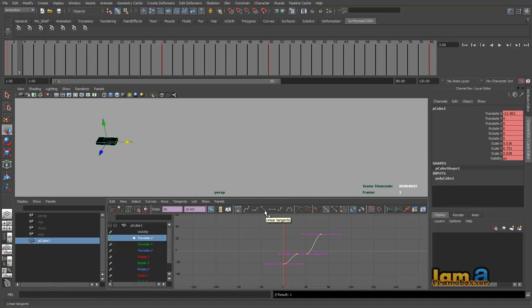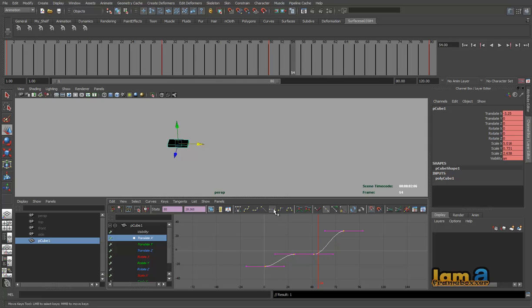The next one is the linear tangent. Now you go and click on the linear tangent. There is absolutely no ease in, ease out at all. It is more like robotic animation. It just abruptly starts and then stops. So when you start playing this, it abruptly starts, stops again. There's no ease in, ease out at all with a linear tangent. So it shows impact. It's good for robotic animation, mechanical animations.